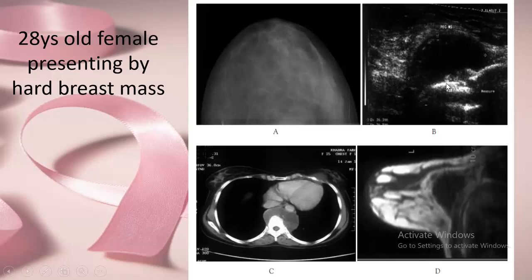On ultrasound, there is a moth-eaten appearance of this rib, and there is fluid present. This is a cold abscess of the rib presenting as a breast mass. We did CT and MRI for the case, and this was the cold abscess. And here also there was a paraspinal cold abscess present and ill definition of the vertebrae, and strangely enough the patient did not complain of it. And this is the cold abscess of the rib that presented as a hard breast mass. So this is one of the extrathoracic manifestations affecting the breast.